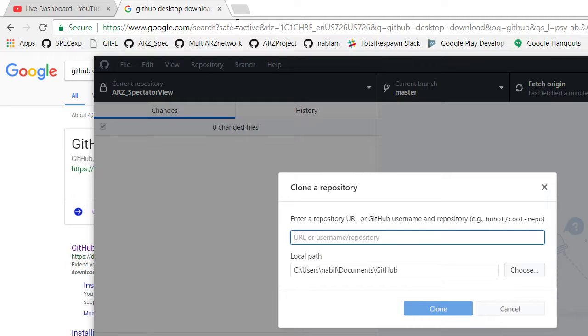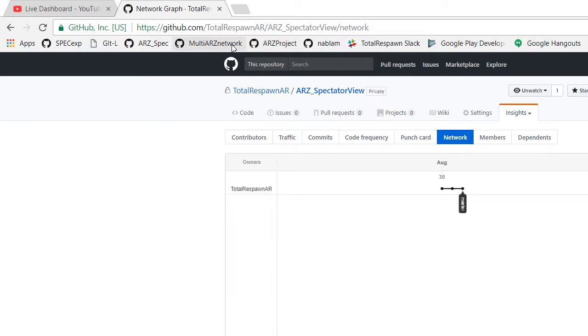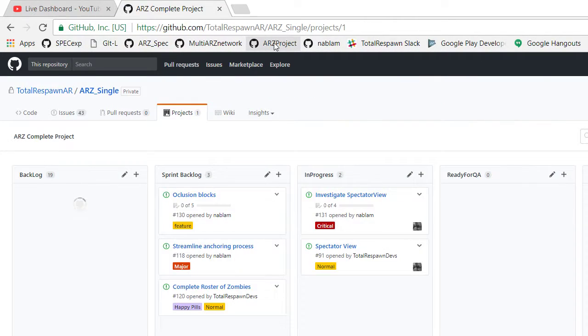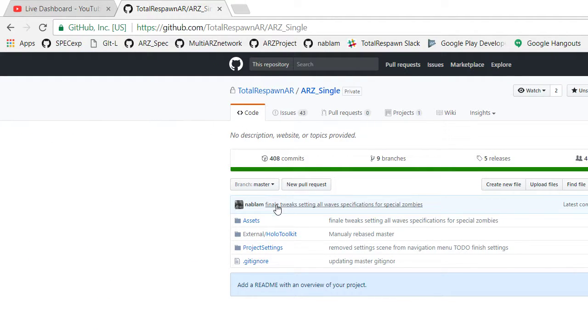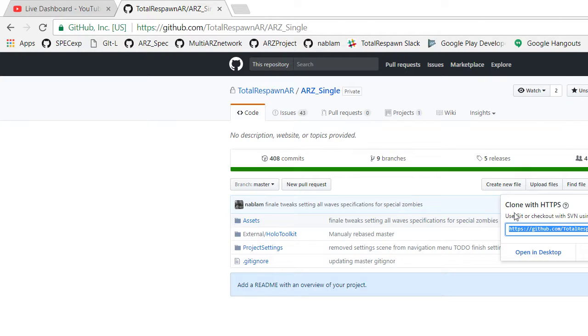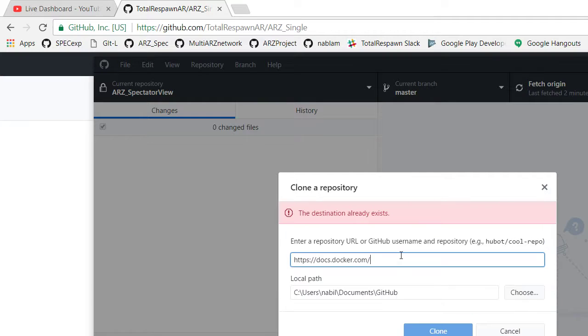Where do you find the URL for the repository? Well, that's easy. You just go to our project. You will move back one, and this is the actual repository with all of the files. You can just click on git clone and copy this address and just paste it in here. And here is the path on your computer where the repository will be placed. I didn't copy the repo, but anyways,